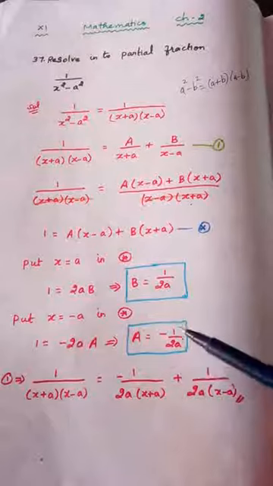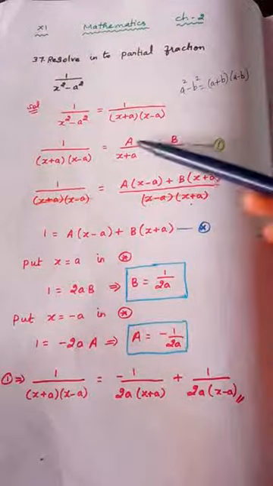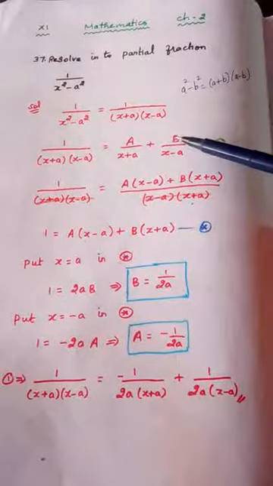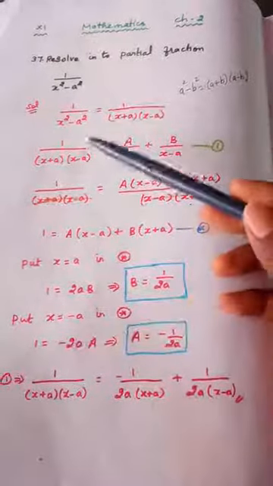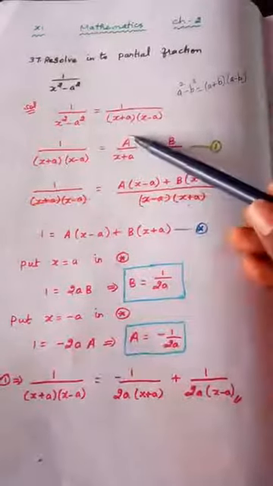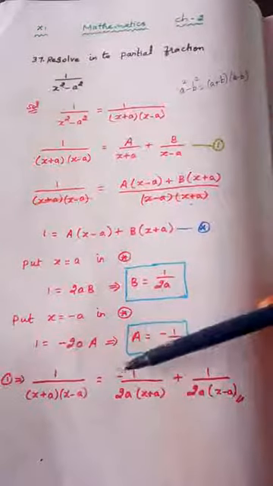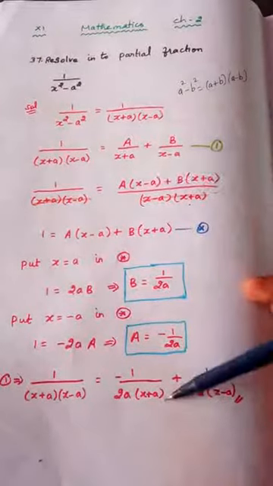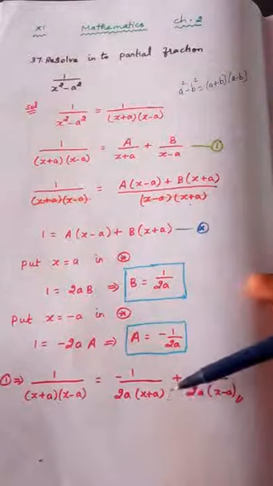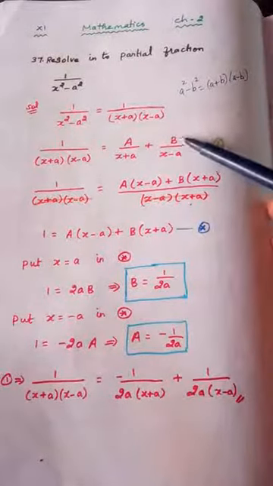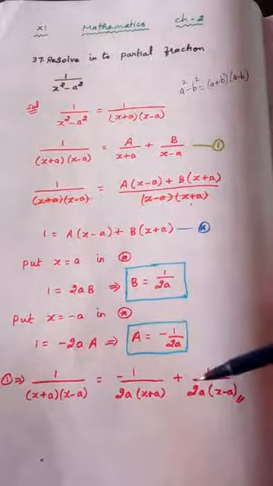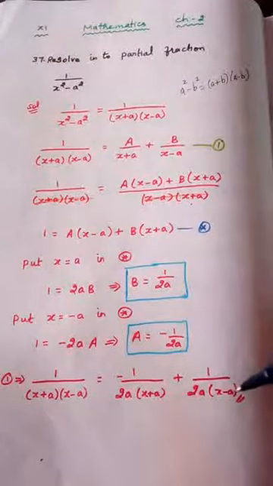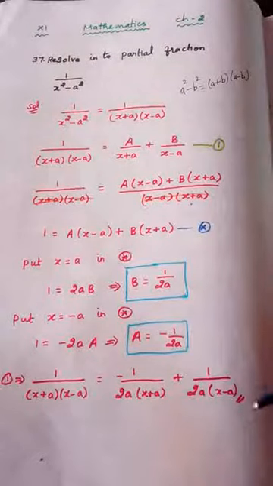So what is the answer now? Just substituting this A and B in place of this. Just take these two values and substitute in equation 1. So the first equation gives the question I have written equal to, in place of A, minus 1 by 2A. Already x plus A is present, so I have written x plus A. Similarly, plus what is B? B value is 1 by 2A. So substitute 1 by 2A. Already x minus A is in the denominator. Add that also. So this is the final answer.